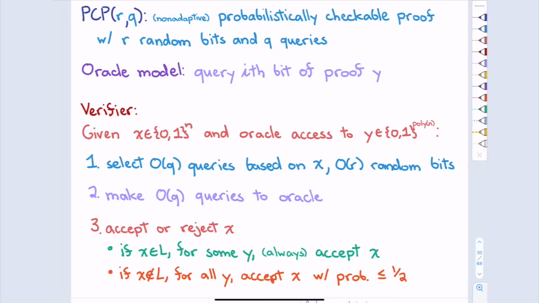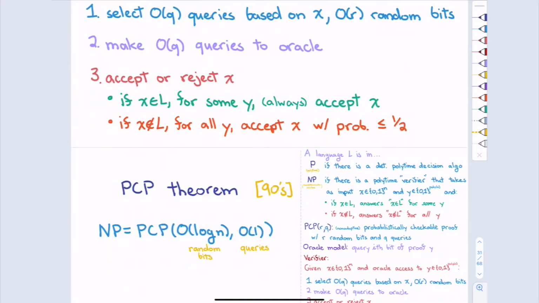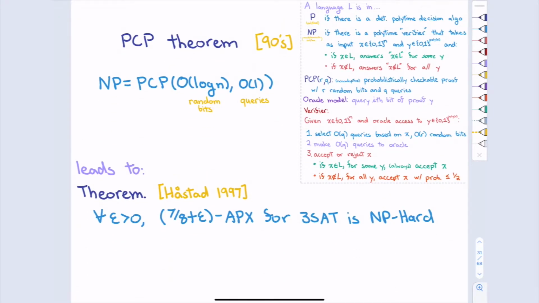So can you with any confidence reject something that should be rejected, only looking at a few bits of the proof? Okay, so I did have it backwards, by the way, last time, although they're still small numbers.